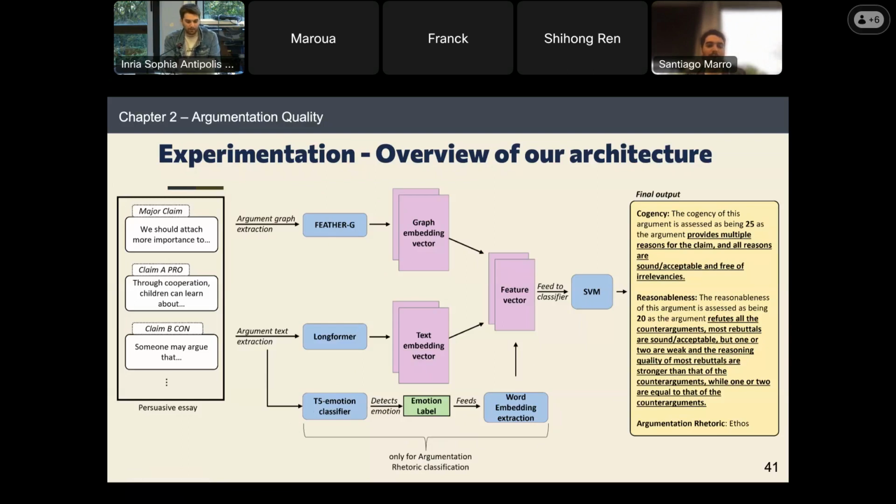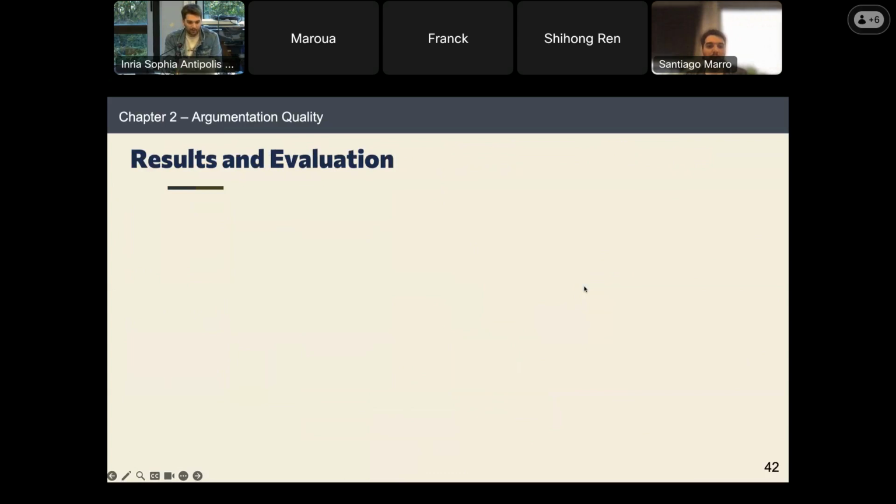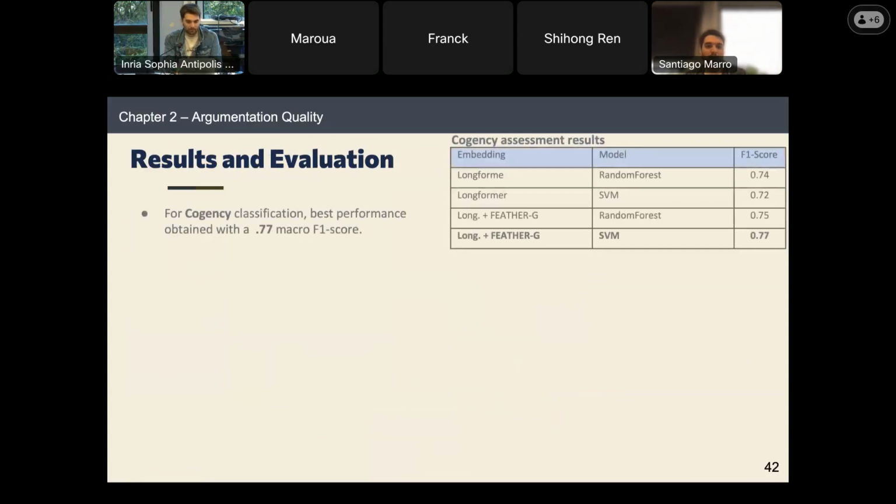This can be sad, neutral, happy, and so on. Then we can use this emotion label to obtain a word embedding and add it to the feature vector to feed it to the classifier. So let's walk through the results one by one, and I will show you how this affects them.